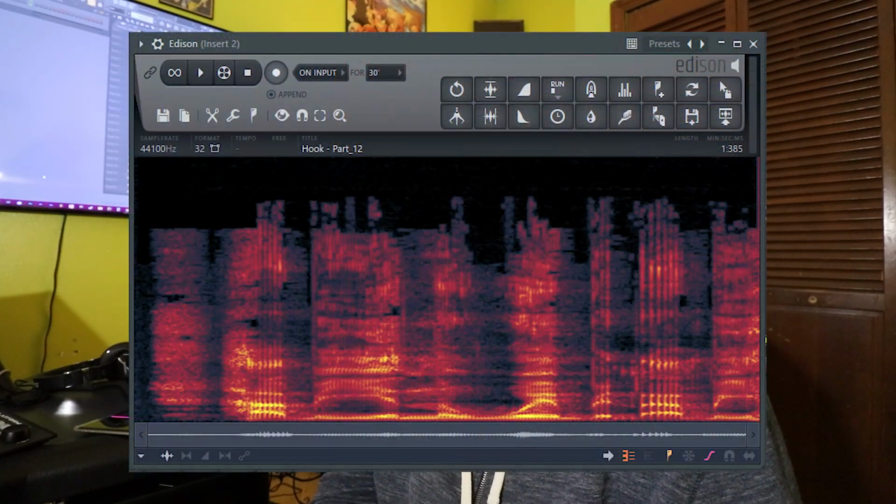You know what else is a mood killer? My second point, which is gonna be denoising. In FL Studio, if you want to denoise your sounds, you want to clean up your vocals, the best way to do it is to manually have it cleaned in Edison. Edison is a program inside of FL Studio that allows you to edit your audio. One of the beautiful functions of it is the denoising option, where you could take the noise profile of your vocals, the parts where you don't speak, and use it to pretty much cancel out the other noise in the background of the sound.